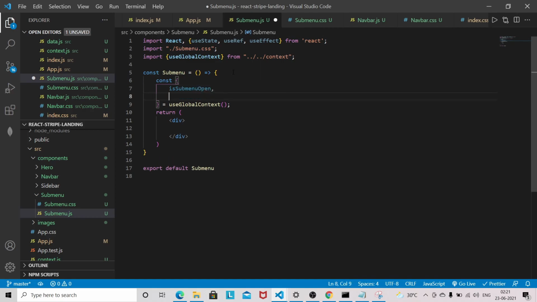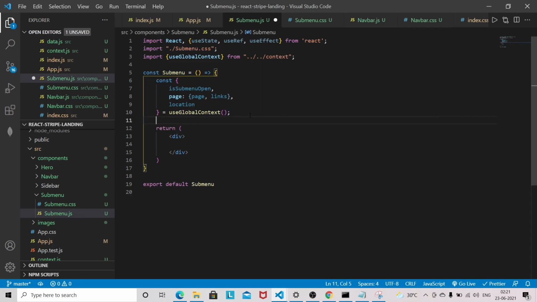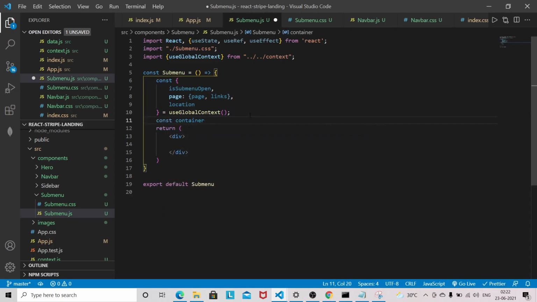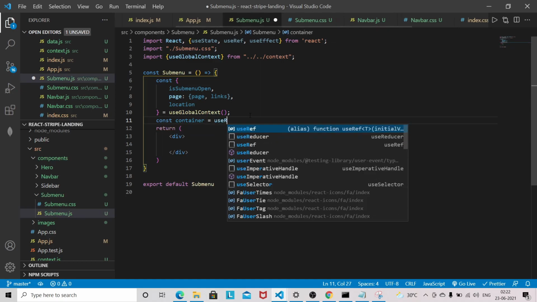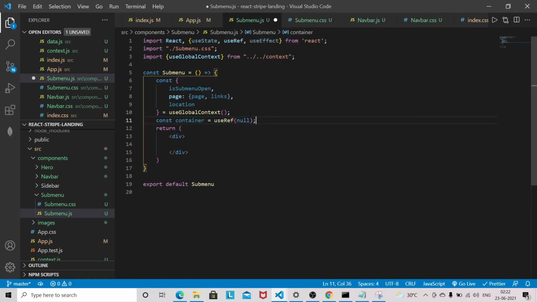So this thing we need, and pages, and from pages I'm going to destructure pages and links, and I need the location, and here I need to create a ref. So const container is equal to useRef, and initially it will be null. Then we also need to set the column state.